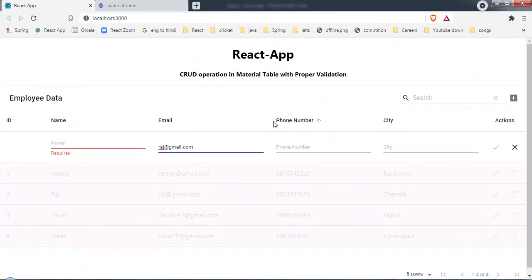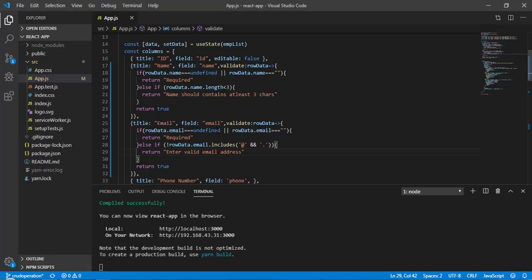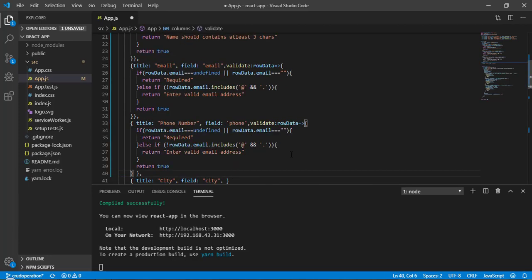Now it's time to validate the phone number. For this, let's copy this whole thing and paste it here, and instead of email we can write phone. Here as well we have to check with the length, because we want the phone number to be exactly 10 digits.